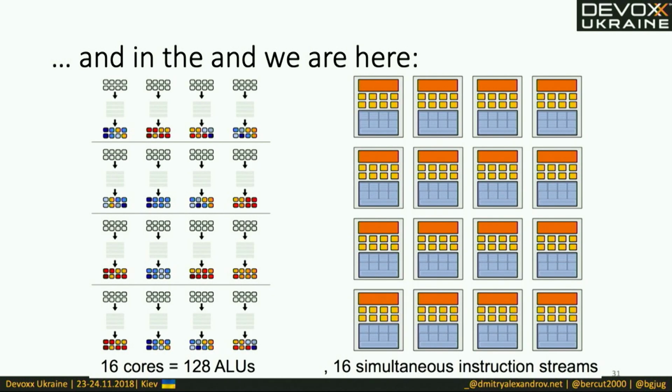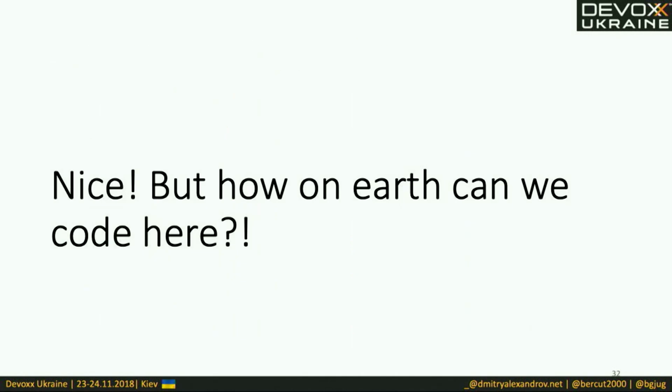Now if we combine these two ideas, many processors which are quite stupid, and apply this SIMD paradigm, look what we have. We have a very, very powerful multi-threaded, I would say multi-core machine that is specially dedicated to processing graphics. It's a lot of processing power, although the processors are quite stupid, let's be honest. But there are a lot of them. Okay, so we should code that, because we have this power. We've got the power. And how on earth can we do this?